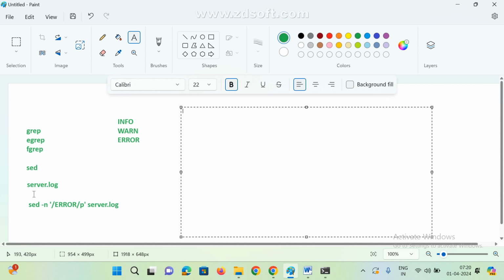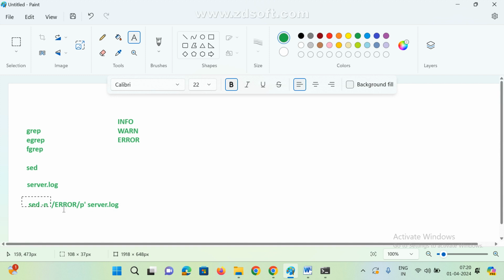I hope you got it right. Anyone any doubt here still? Just note it, this is very very important. Interview also most of the people they asked. So you have a log file, how to search login, how to search particular word in that file. But a file is very large. So I want to print only that related information lines only. I don't want all, I don't want entire content, I don't want all lines. I want to print only that word information, related words only. So this is the very very